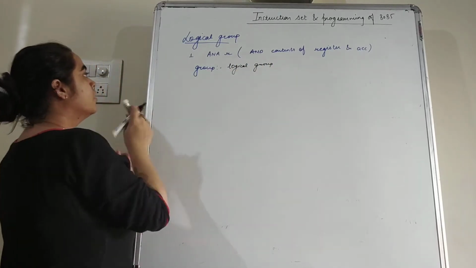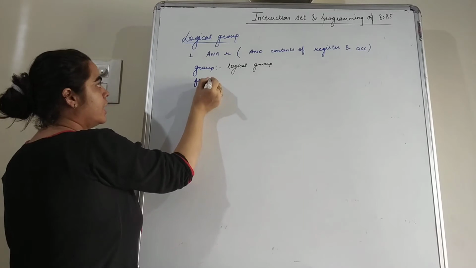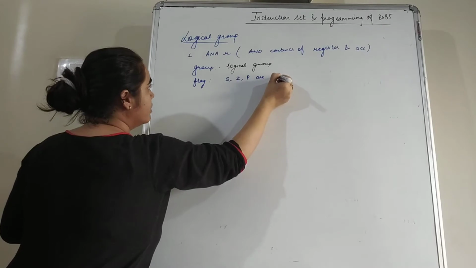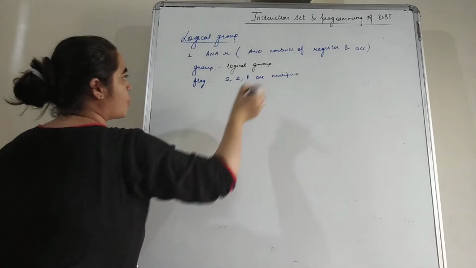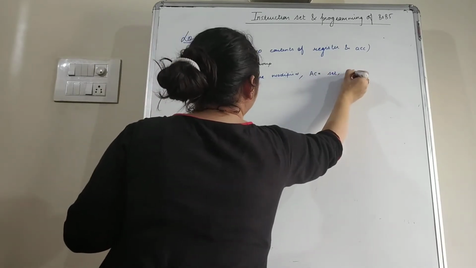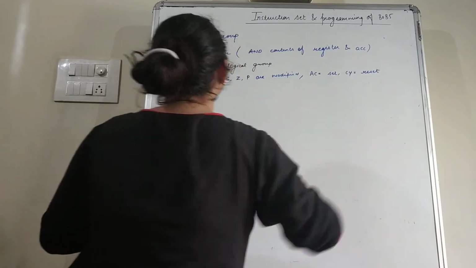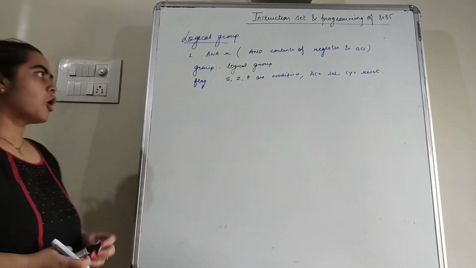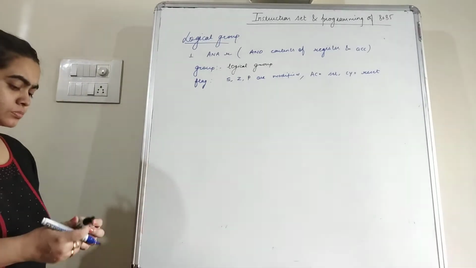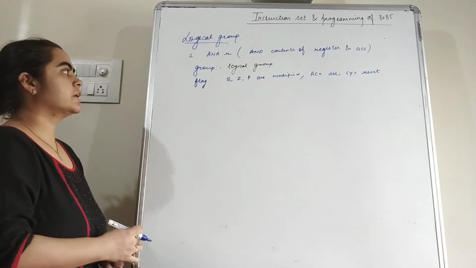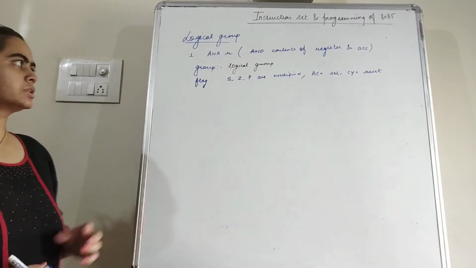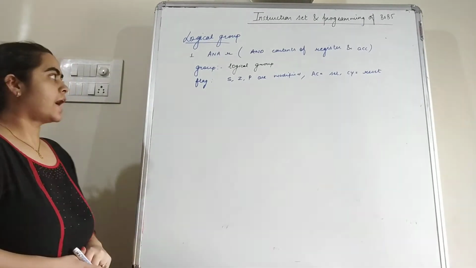Next one is the flag. So students, in case of ANA R, S, Z and P are modified. These flags are modified, and we always set the value of auxiliary carry and reset the value of carry flag in case of ANA R. The values of AC and CY do not depend upon the result that is present in the accumulator. Always after the execution you have to set the auxiliary carry and reset the carry flag.